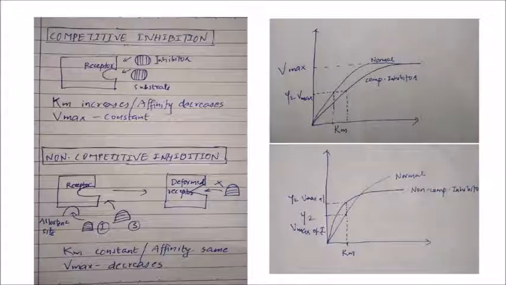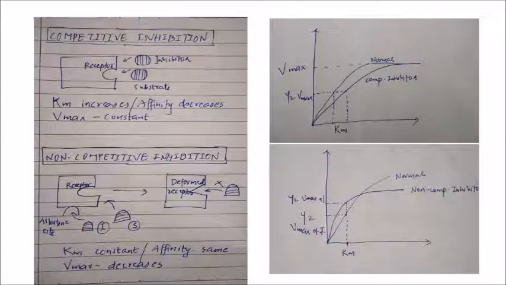Let us brush up Km and Vmax, that is in competitive and non-competitive inhibition along with this. In competitive inhibition, look at the figure. There is a receptor site, the inhibitor and the substrate both are looking similar and both are competing for the receptor site. So here, for the substrate to bind to the receptor and for the reaction to happen, we have to increase the substrate concentration. What is Km? Km is the substrate concentration at half maximal velocity of the reaction. So we have to increase the concentration and Km increases.